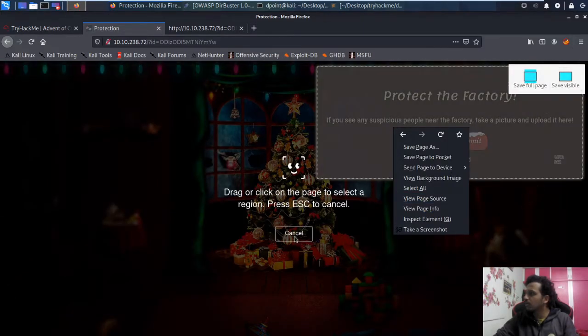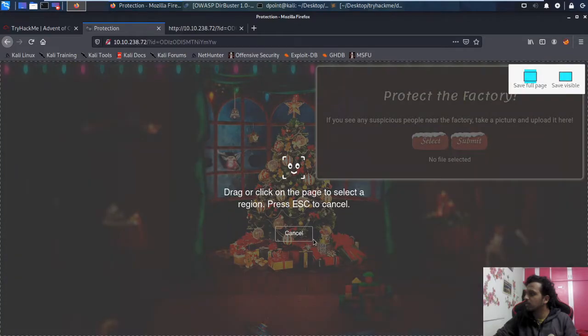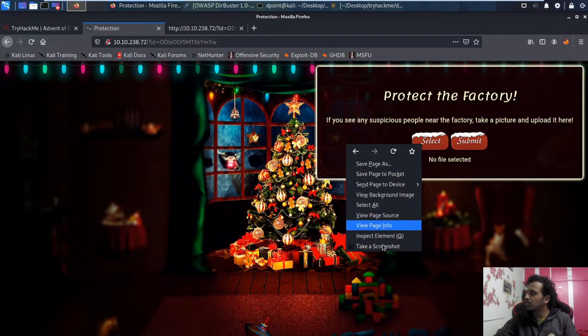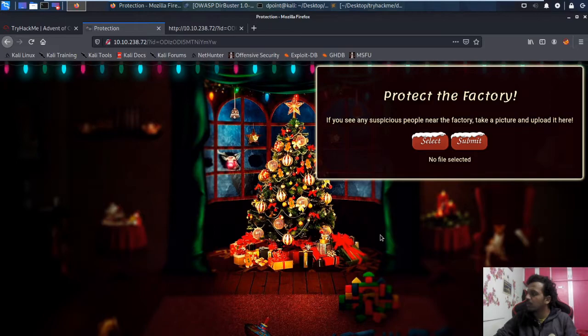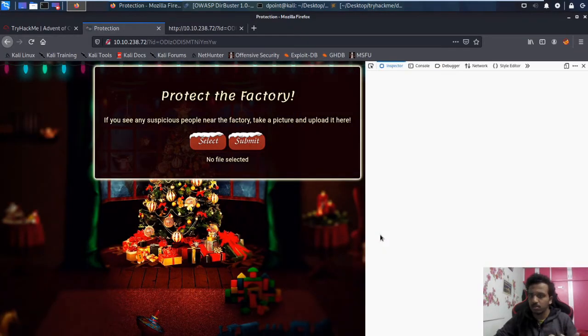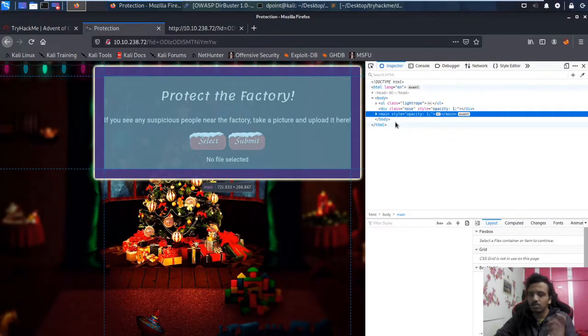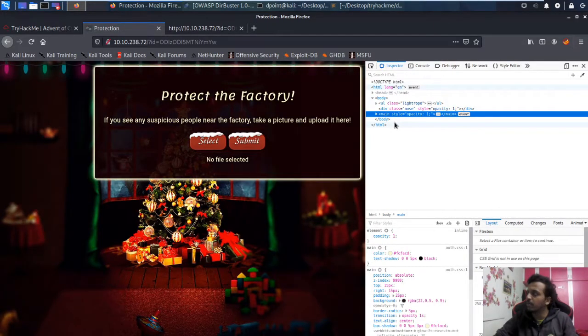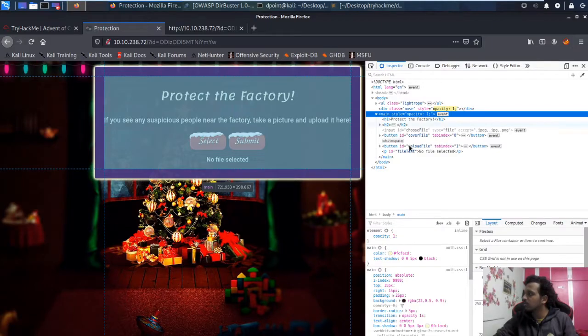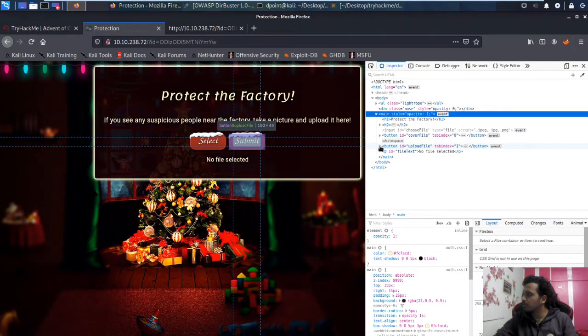Let's do inspect element and check whether the id is the same, because sometimes some code differs. Because this is a small page, we are sure that it should be the same, but just for our understanding. So the button is fine.